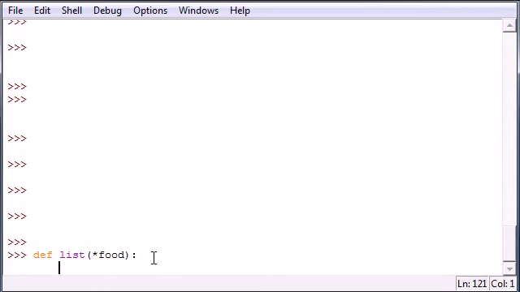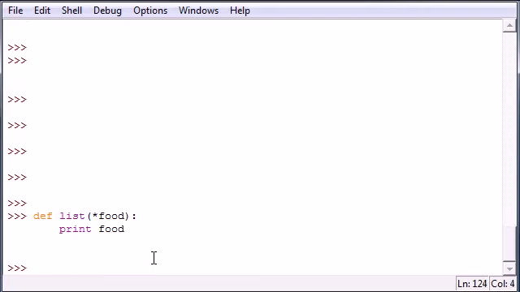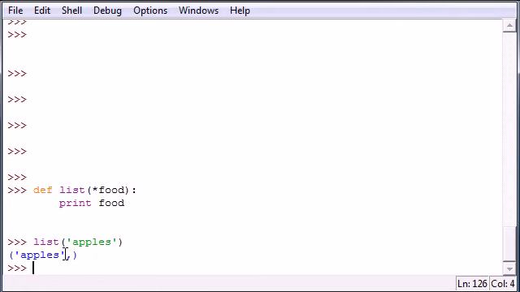So let's go ahead and do something to this list. And what we want to do is just print out food. This is a really simple function. So now if we have list and we add an element like apples and call it, as you can see, it doesn't just print out apples, it prints out apples as an element in the tuple. So now using this asterisk we can add many elements to one parameter instead of just writing a whole bunch